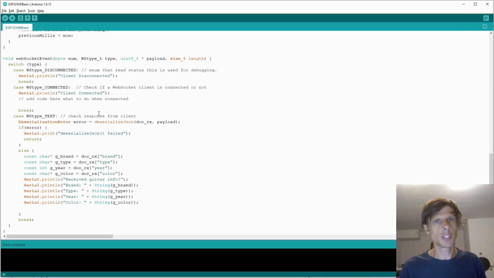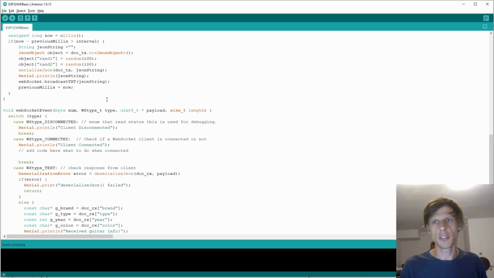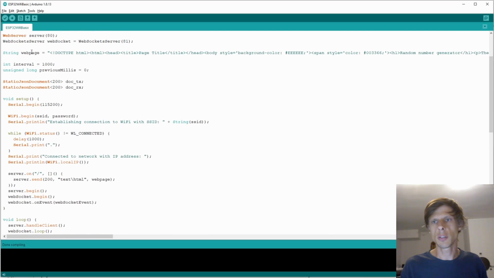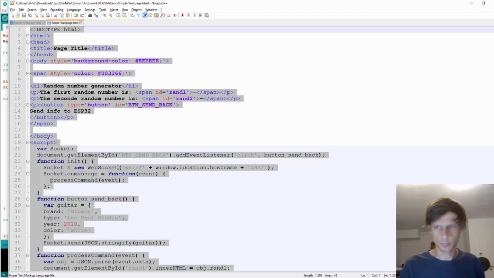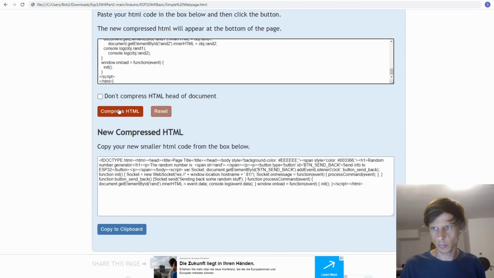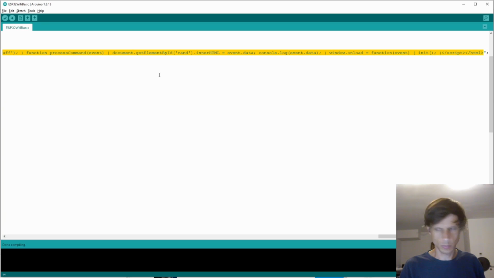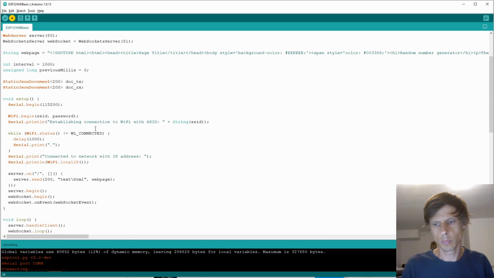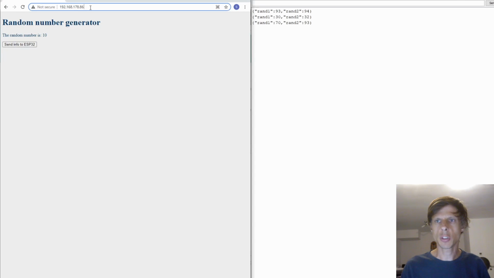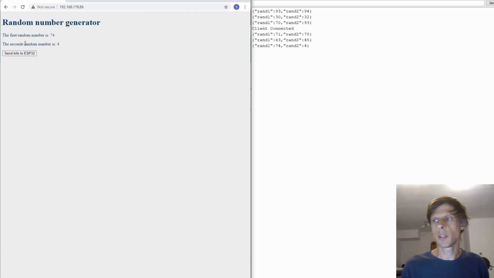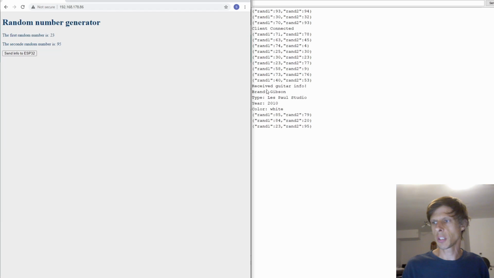Now, before we now run this on the ESP32, the one thing that I did forget was to copy the HTML content to our string. So let's go here to the web page string and compress the HTML and run the code. So let's refresh the web page. And now we see two random numbers. We see here that the client just got connected. And if I now send information to the ESP32, then we see here guitar information,